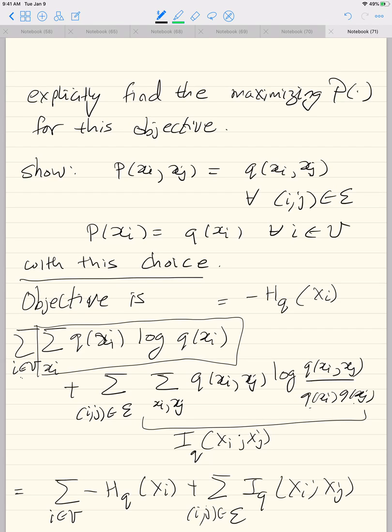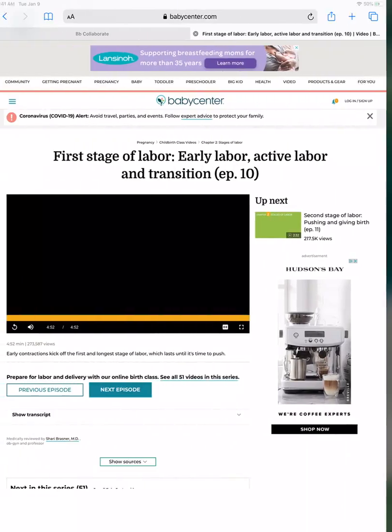The second term is the mutual information between xi and xj, and the first term is minus the entropy. So now your objective becomes summation over i in V of minus the entropy of q of xi plus summation over ij in E of the mutual information I of q of xi xj. And we want to now, so for given G, this is the quantity that we get. And now, because we flip the